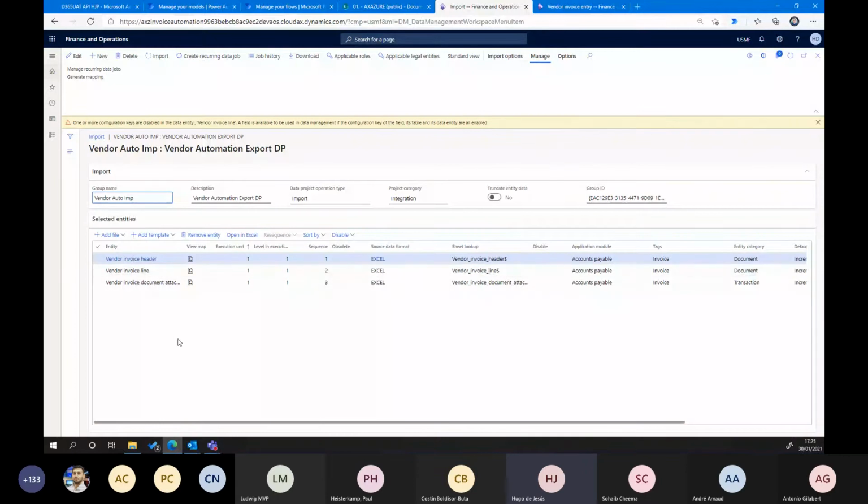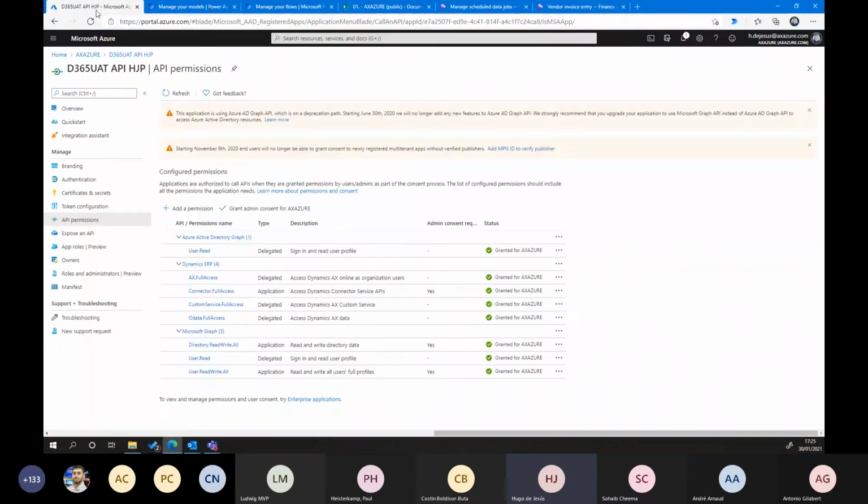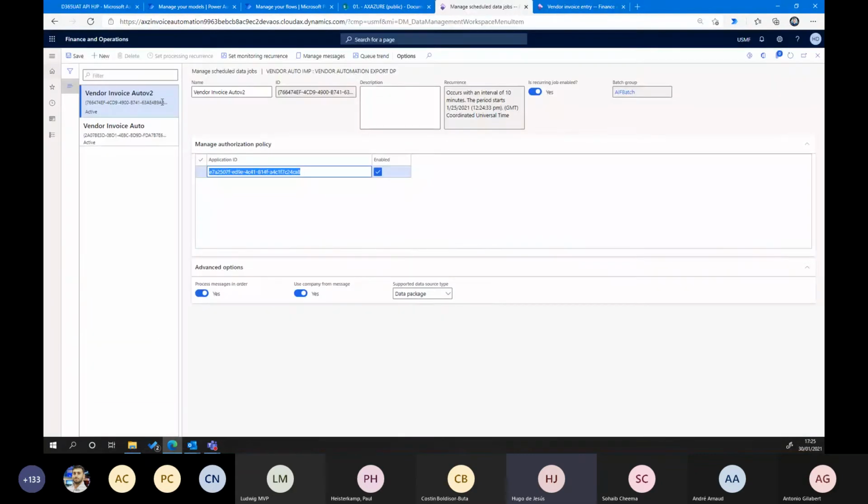This data package is the point of entry of all the information, all the invoices, and in this data package we created this queue, using the same application. Of course, you need to create a secret to put in the Power Automate.